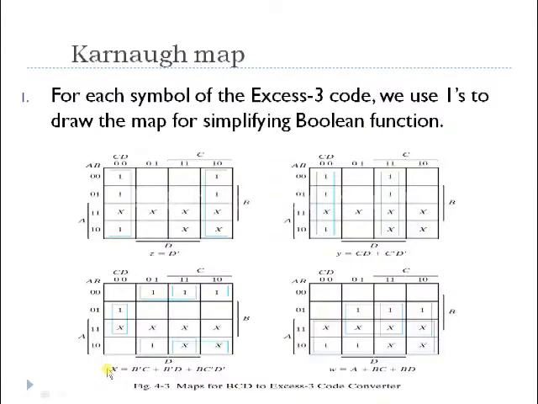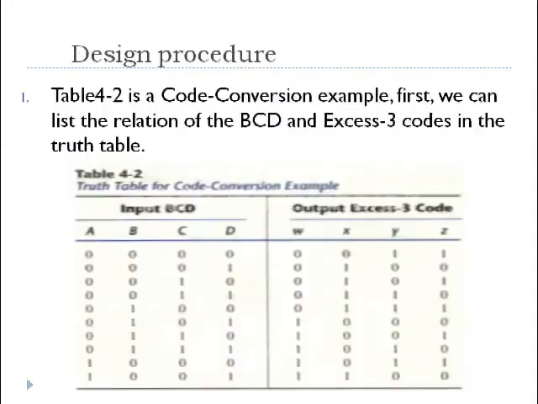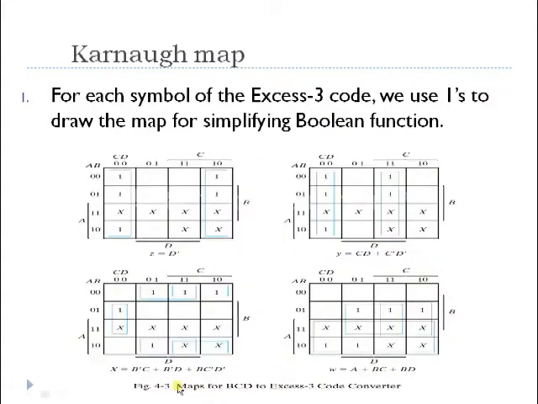Now we have to plot the K map. We have to plot the K maps for these minterms, that is for the expression for the output W. We have some minterms, and all these minterms should be plotted on a single 4 variable map. Then for X, these minterms should be plotted on a 4 variable map, and then Y and Z should also be plotted on 4 variable maps, along with the don't care combinations. So here I have plotted all those minterms on 4 variable maps along with don't care conditions.